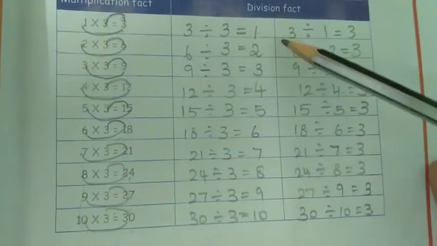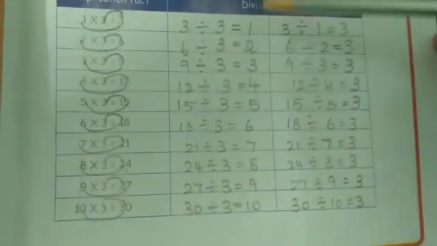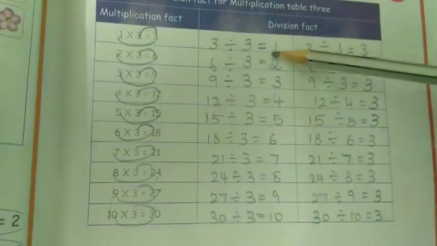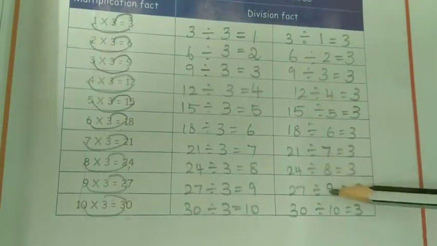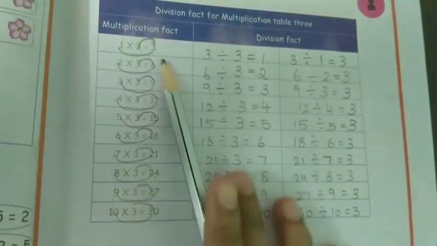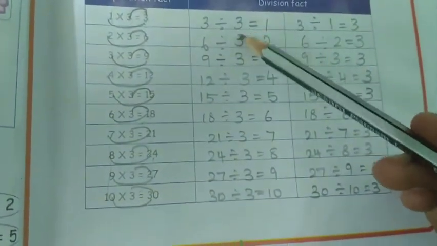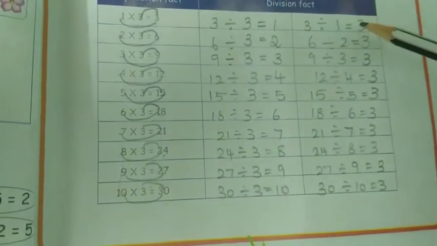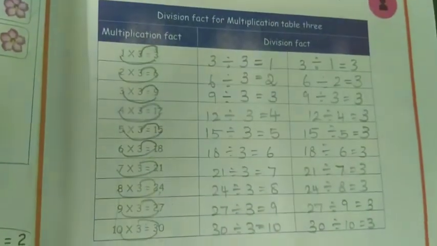Okay, that is 1, 2, 3 coming correctly, see. 1, 2, 3, 4, 5, 6, 7, 8, 9, 10. Correctly coming. The last number is 1, 2, 3, 4, 5, 6. Next the 1, 2, 3 come in between. Okay, 1, 2, 3, 4, 5, 6, 7, 8, 9, 10. Correctly coming. Okay, don't confuse these two. After finishing this, you just check the numbers. 3 evenly coming correctly. So here also 3 evenly coming correctly. Okay, that's all. Same like that for all the multiplication tables.